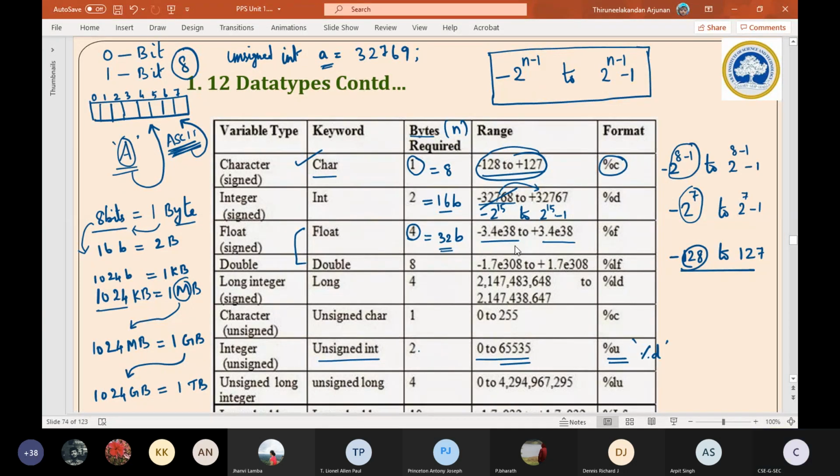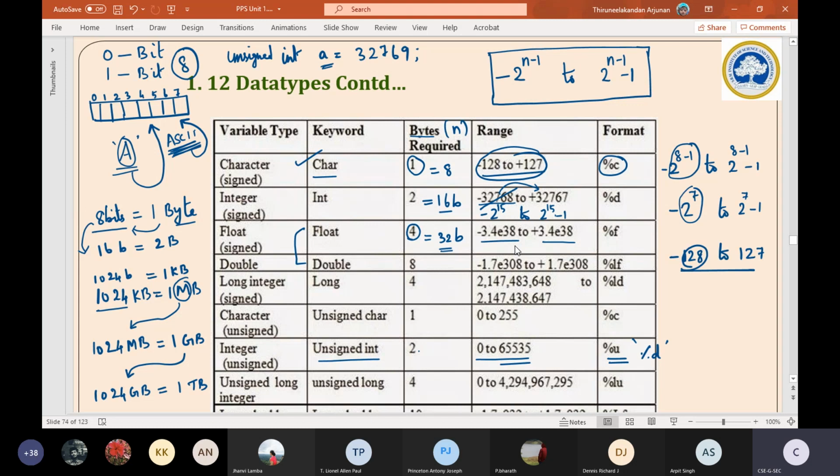In physics you might have studied 10 power 3, so instead of writing 1000, we write it in that standard notation. Including the negative side and the positive side.